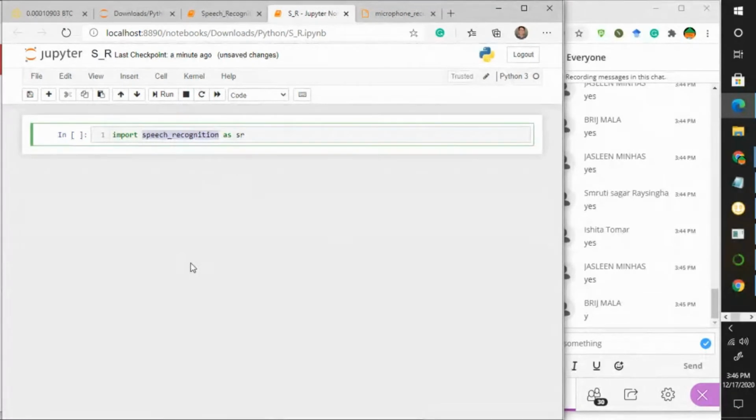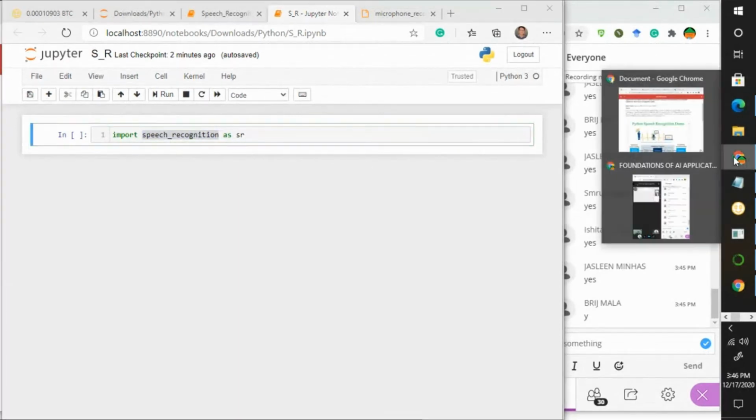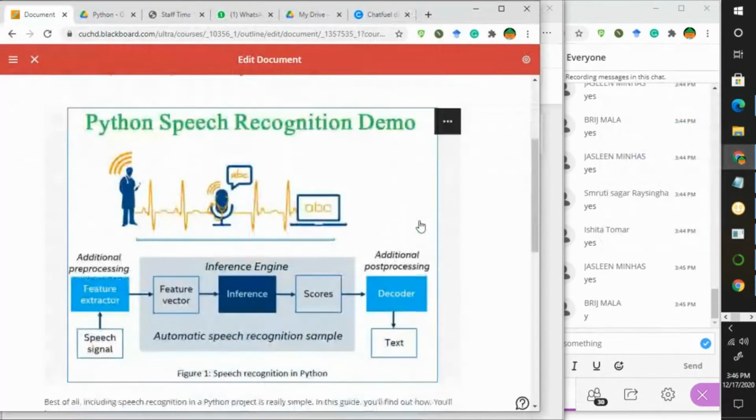Okay, so Google has created this pre-trained library, and with the help of this pre-trained library we can perform speech recognition. You can say something, and it can be converted into text and shown in your console window. So how to use this speech recognition, we will understand it first, then we will move toward the programming concept. Okay, so let's understand this concept first.